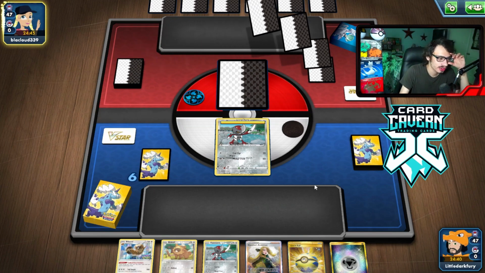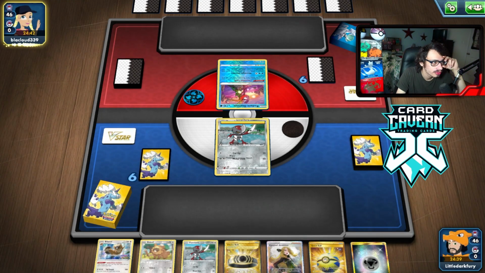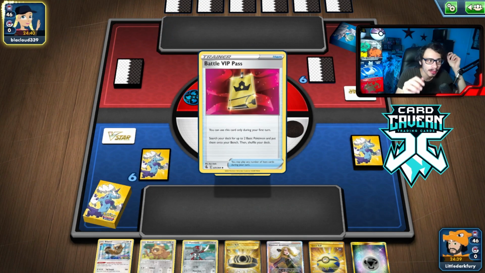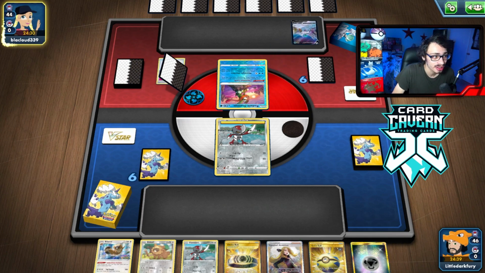Ice Rider Palkia is kind of sketchy too. Ooh, Choice Belt. Nice. Greninja. Okay, they're playing Palkia. We gotta watch out for Greninja. They open up the Battle VIP. No, not the VIP. No. I got the Quick Ball from Manaphy. We might not be able to 1-kill the Palkias because I need Manaphy in this matchup because Greninja is just